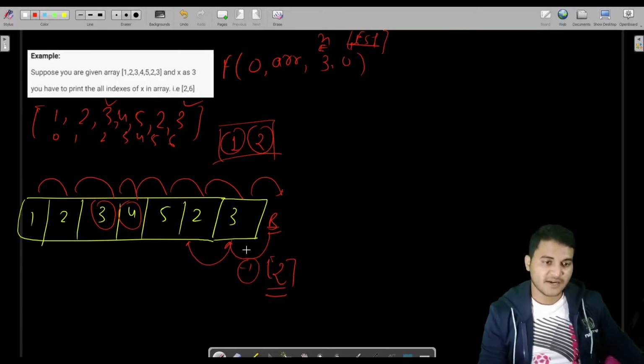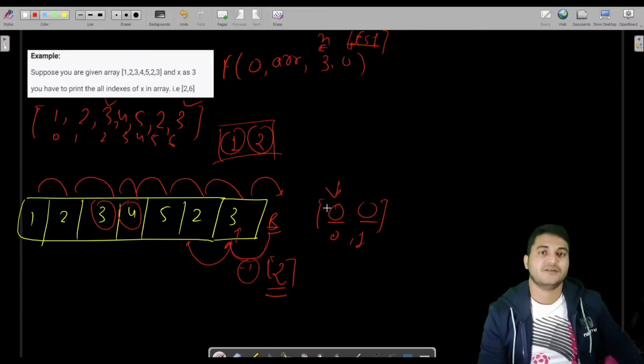So we will return this array of size 2, but initially in the array we do not have anything. We return this array, which has indexes 0 and 1, and we do not have any value here. We have only 0 0. But while coming back from the deep of the array to your original state, we will check if this element was 3. If this was 3, then store the index of this element into your array.